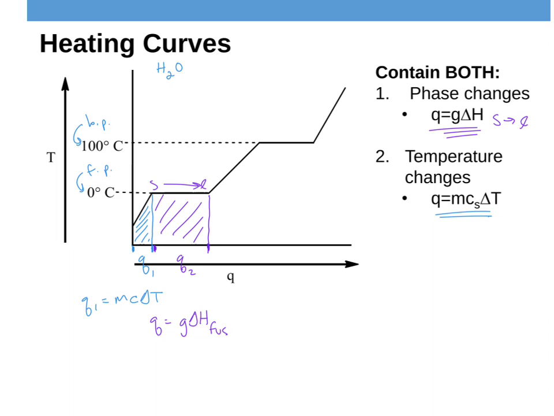But then as we keep on adding heat, we're going to go to Q3. Now as we keep on adding heat, we've melted all of that ice. So now we're a liquid, and then the liquid's going to start heating up, which is why it starts to move up the y-axis again, and we have a diagonal line again. And so now I'm at Q3, where I have MC delta T again, only now I'm going to have a different heat capacity, right? I didn't put it in here specifically, and we'll talk about this in the next slide, but